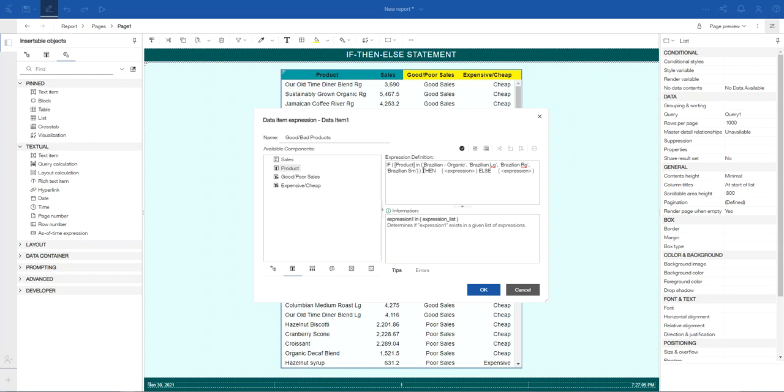I'm going to try to make this clean and easy to read. So I'm going to bring this down here, and bring this one down here as well. So if product is this, and this, and sales is more than 2,000. Right, because we have sales here. So if sales is more than 2,000,